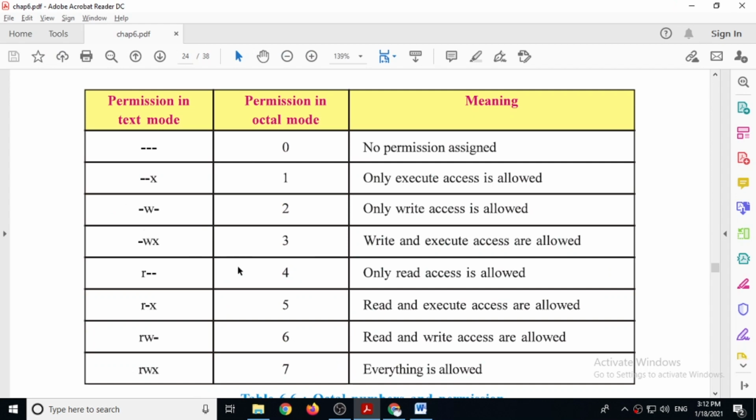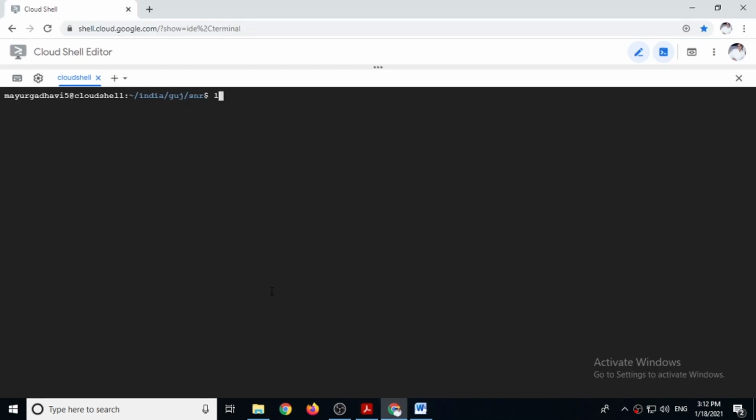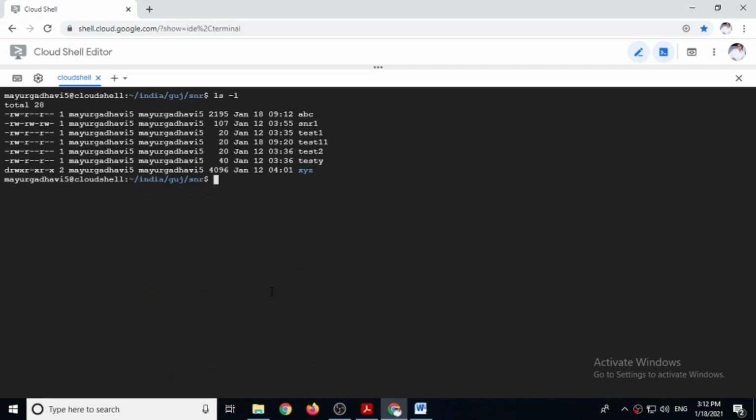Here you can see, if you want to make particular file read only, it means you want to take away write permission and execute permission, then you have to use r dash dash, means octal number 4. So let's see in our example, ls minus l. Here you can see for snr1 file, the permissions are rw dash, rw dash, rw dash. Now let's give permission r dash dash, r dash dash, r dash dash.